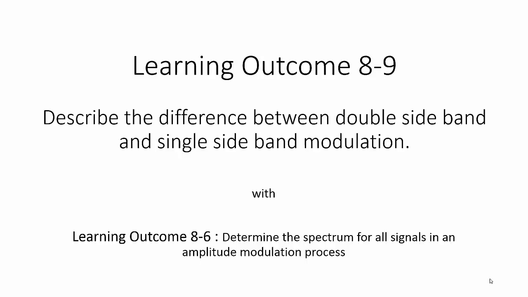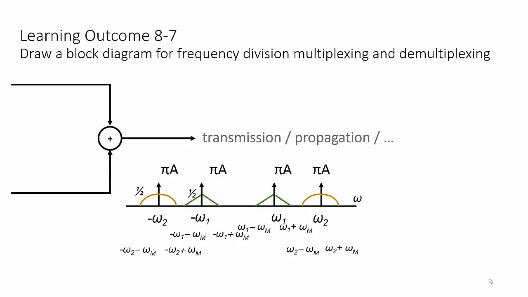Learning Outcome 8-9. Describe the difference between double sideband and single sideband modulation. With Learning Outcome 8-6, determine the spectrum for all signals in an amplitude modulation process. In Learning Outcome 8-7, we talked about how you could do frequency division multiplexing and thereby transmit multiple signals in